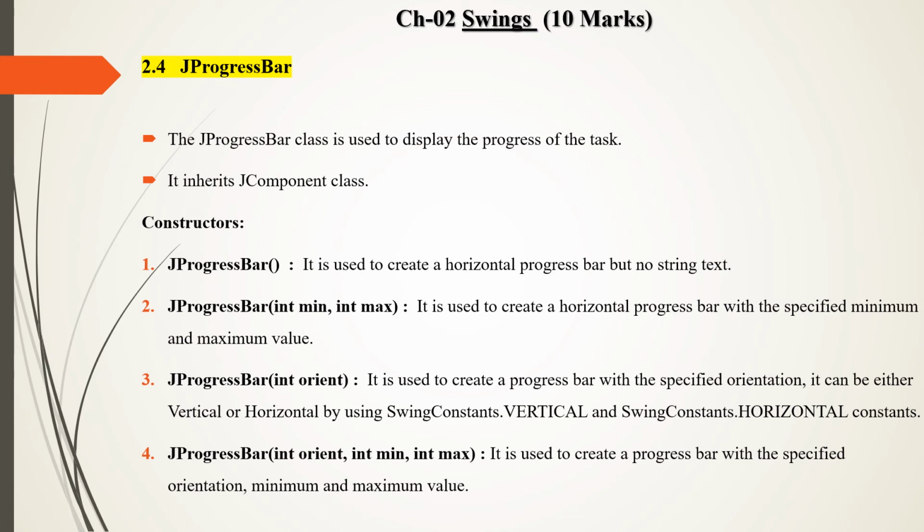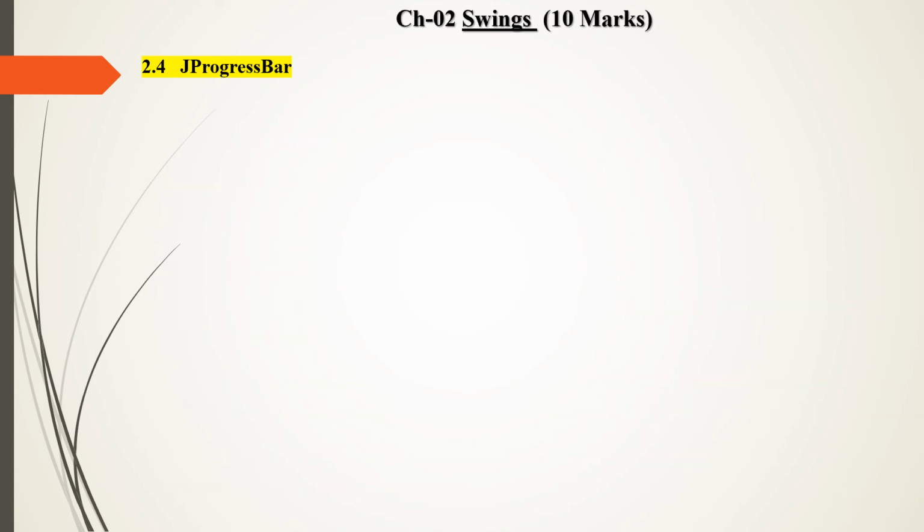First is orientation, second is minimum value, and third is maximum value. It is used to create the progress bar with specified orientation and minimum and maximum value. So these four are the constructors of JProgressBar. Next we see some common methods used in